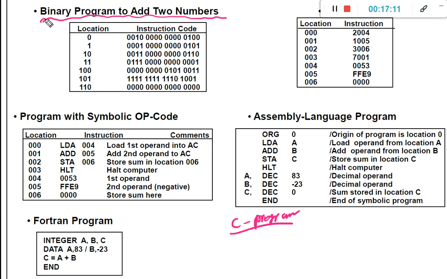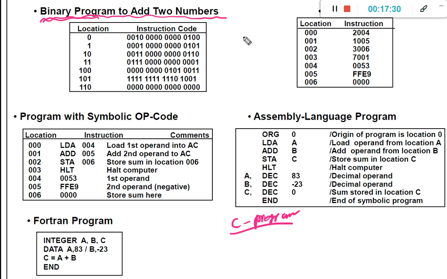Okay, this is the original program which is actually stored as machine code inside the computer system, which is directly understandable by the processor. All the remaining codes are not understood by the computer system.